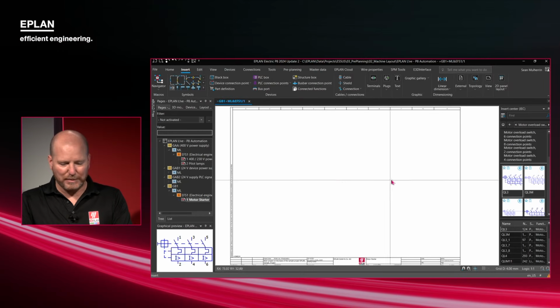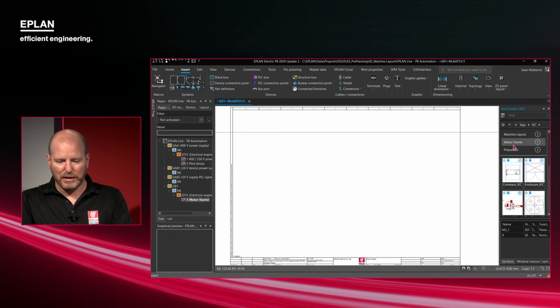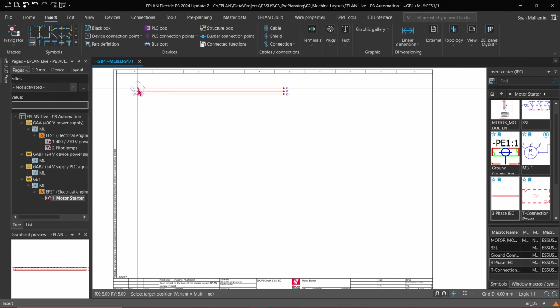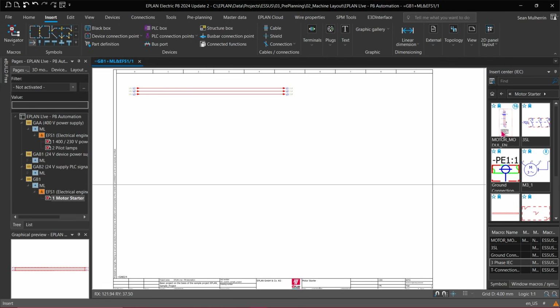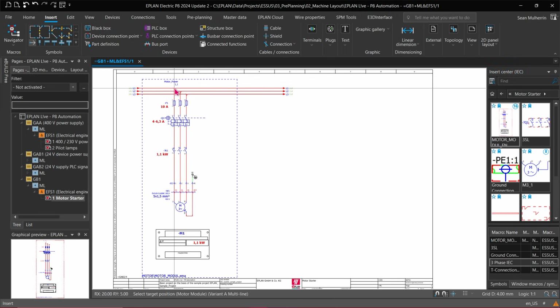So here we just finished our symbol placement, so I'm going to remove that particular aspect, and I'm going to start with a three-phase again so that we can quickly lay out our circuit. So I'm positioning my circuit, L1, L2, L3. Now, instead of selecting symbols, I'm going to select a motor module. So if I drag this motor module, as you can see, I have a complete circuit that's available to the